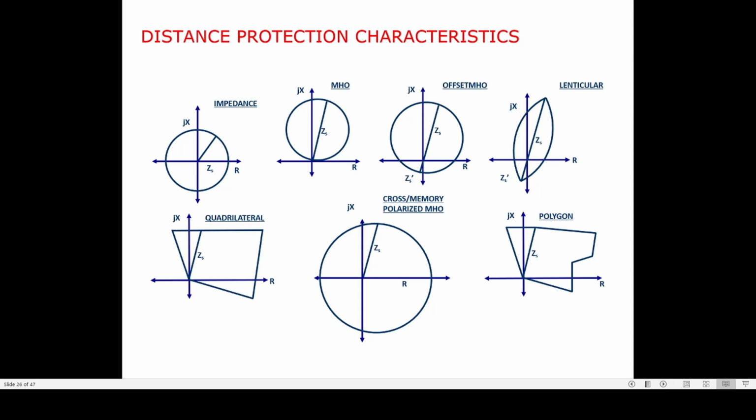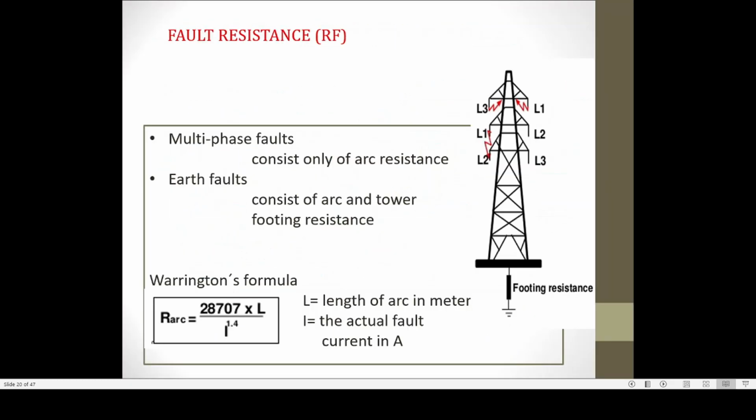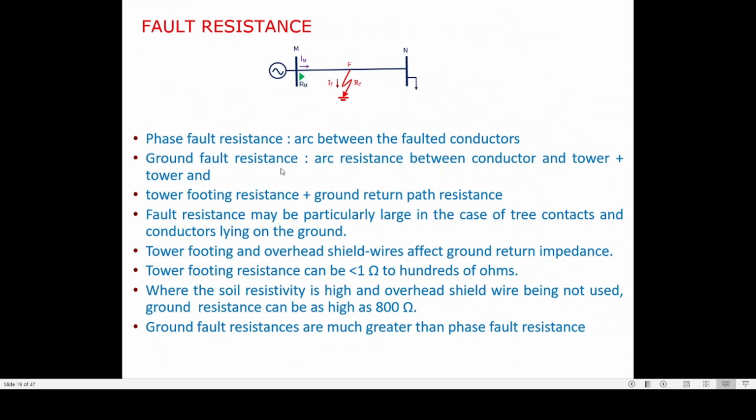Now, if there is any angle difference between these voltages, that means the current from bus A to bus B, this current IA and IB, if you are considering the current, suppose in this figure, up to this point, we are considering only the source at one end, but suppose we have the source at this end also, and the power is flowing from substation M to substation N, then in actual condition, what will